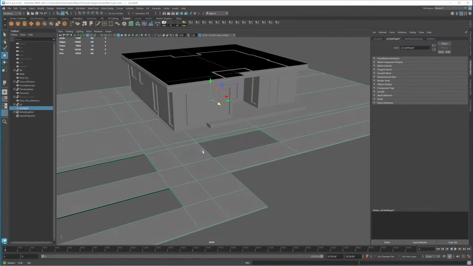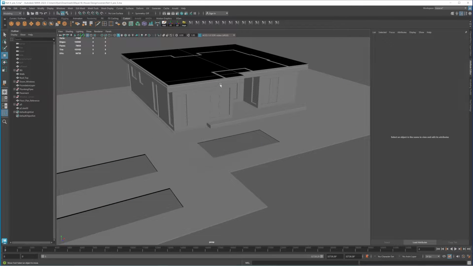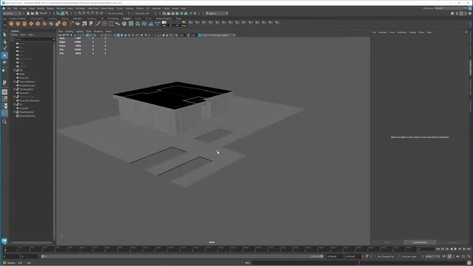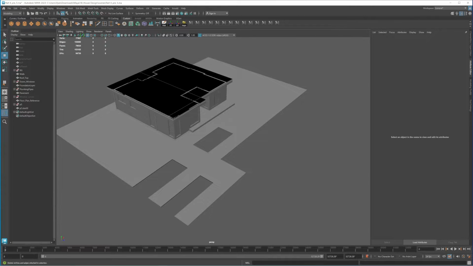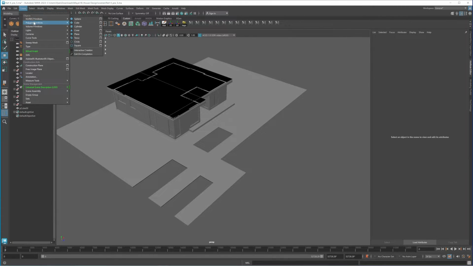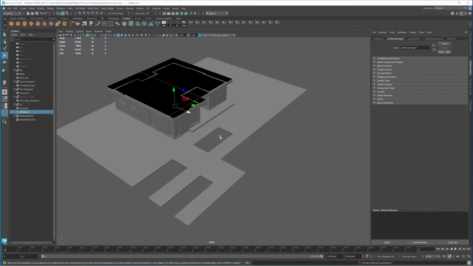So let's start building the rock for our scene. Let's go to create, go to primitive, polygon primitive, and the one we're going to be using for this rock is called Platonic Solid. So let's click on that. I'm going to bring it here and also increase it.